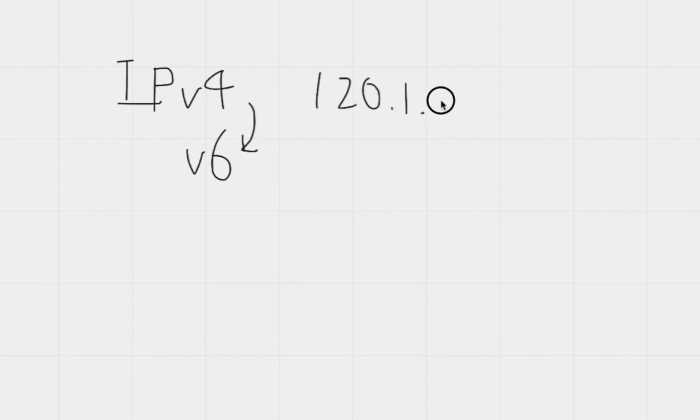So there are two types of IP addresses. One is called IP address version 4 and one is called version 6. And we're gradually seeing some people transition to version 6, and we'll see why. An IPv4 address basically looks like this. It might look like, say, 120.1.something.something, and these numbers are basically numbers from 0 to 255, and in your computer that is